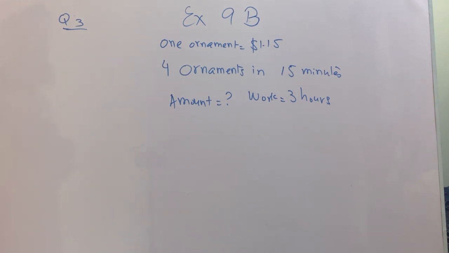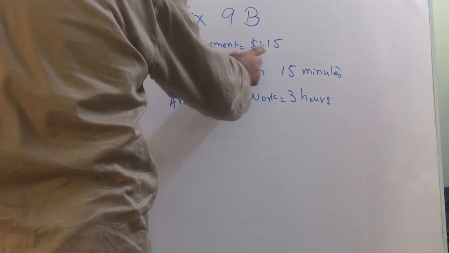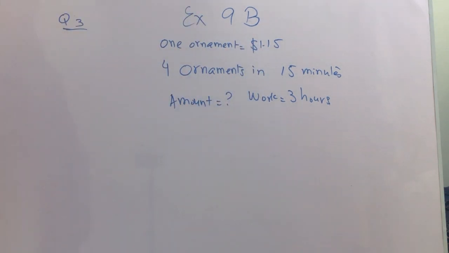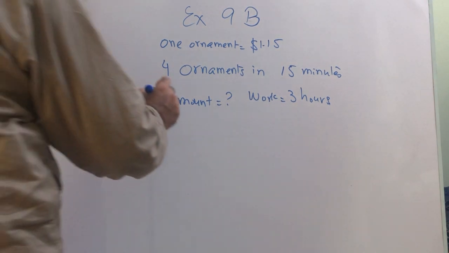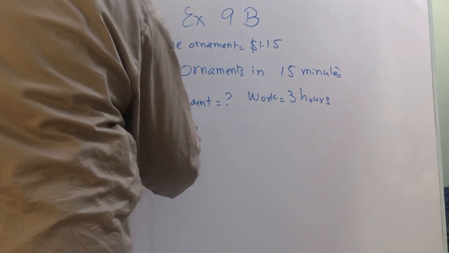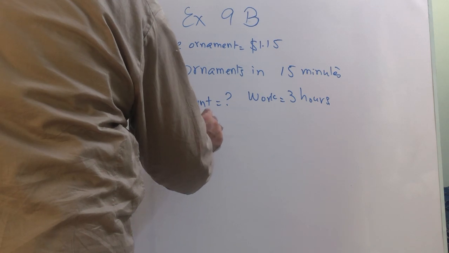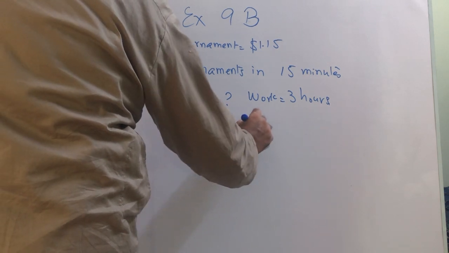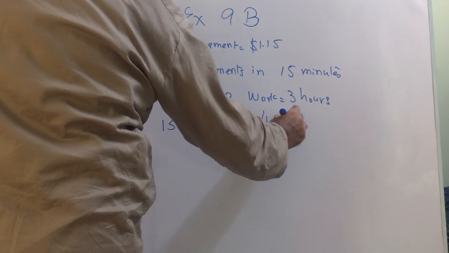We need to know the number of ornaments made, then that number will be multiplied with the salary or wage for one ornament. So we will be doing it in this way that in 15 minutes he makes 4